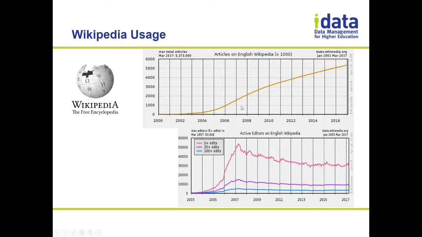One thing I found interesting from an adoption and use standpoint of a knowledge base is that Wikipedia is an interesting example. If you roll out a knowledge base on your campus for reporting and say, I want everyone to use it, everyone go in and please start entering all of your reports and all of your requests and all of your data definitions, you're going to have a pretty good revolt on your hands of people who are like, this is a lot of work. Why are you making me do this?